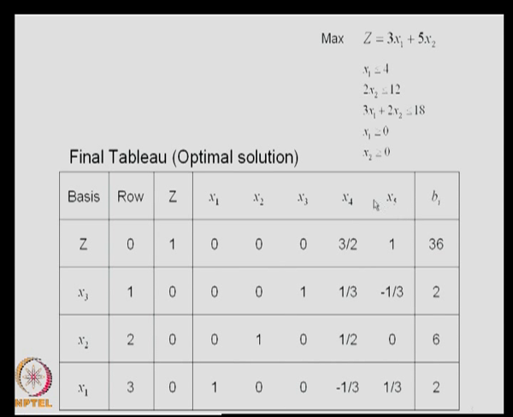Let us say that one of these non-basic variables had a coefficient of 0 in the optimal solution. Let us say instead of 3 by 2, this was 0. What does that mean? That means that this is a non-basic variable, but it can be brought into the basis by identifying one of the departing variables, without changing the optimal value of the objective function, which in this case is z equal to 36. And that is how we identify the multiple solutions. We will see an example now for the multiple solutions.